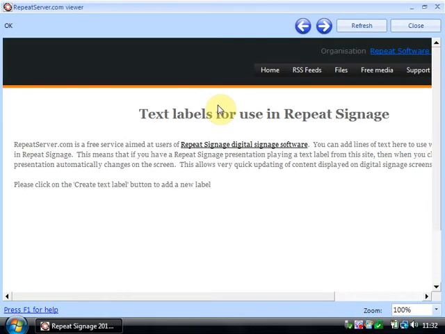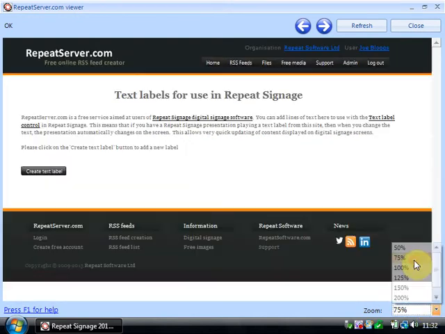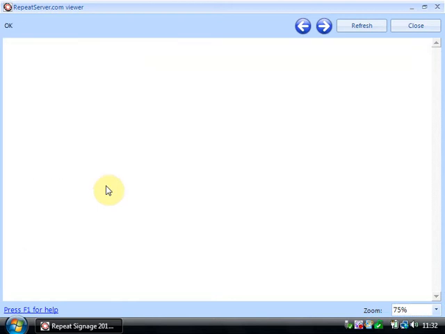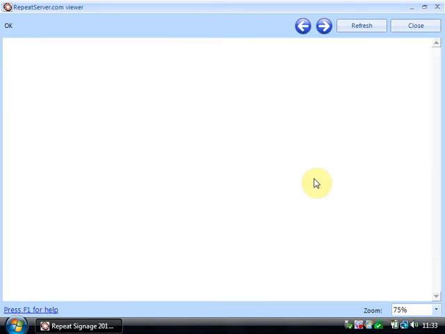and this automatically logs us onto our repeatserver.com account. I'm just going to zoom to 75% because we're recording this in quite a low resolution, and I'm going to click on create text label. And the label name is going to be star of the day, and the text is going to be "Today's star of the day is Joe Bloggs." And we're going to click on add,